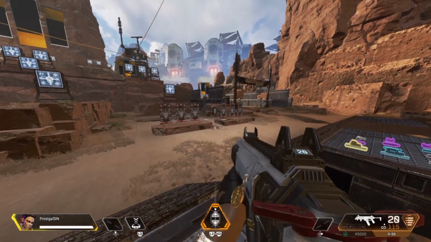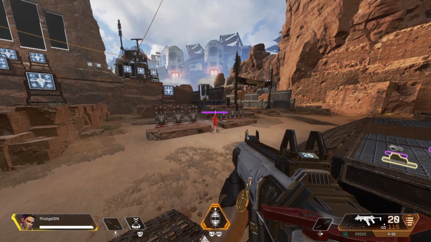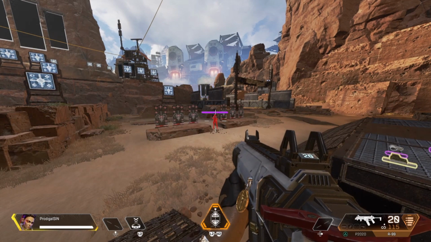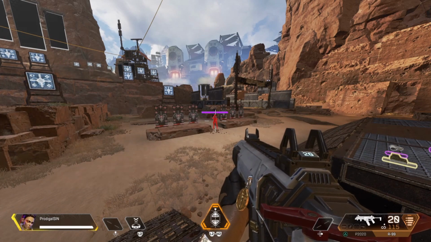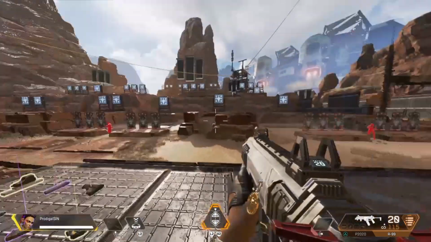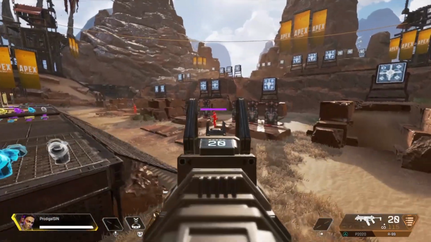Okay. So if you want to know how hard this is without an extended mag, you can miss one shot. If you miss one shot and you get the other ones, you're fine. If you miss 2 shots, you're not going to make it unless you land a couple headshots. So, okay then. Once you kill that mannequin, you're going to come over here and you're going to try to